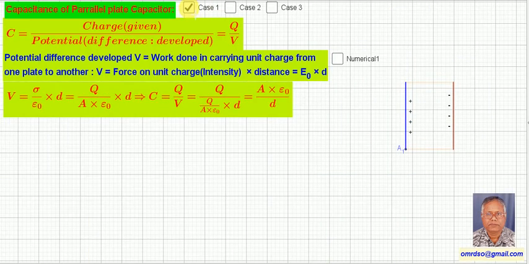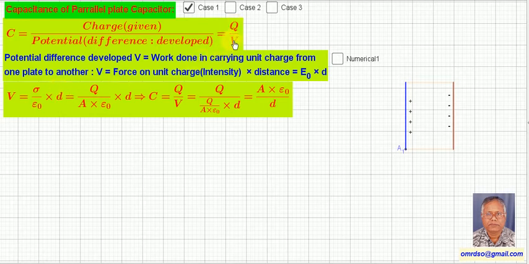Now let us say case 1, when there is vacuum or air in between the plates. So what is the capacitance of a parallel plate capacitor? It is defined as the charge given to the system upon the potential difference developed. Suppose Q charge is given to the plates. The areas of the plates are equal and they are lying at a certain distance parallel to each other. Alright. So if you know the potential difference developed, you can get the capacitance by using the formula charge given upon potential